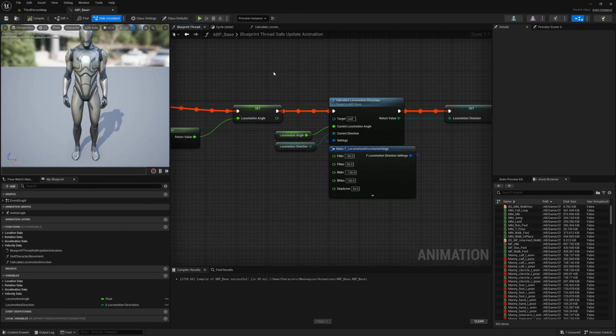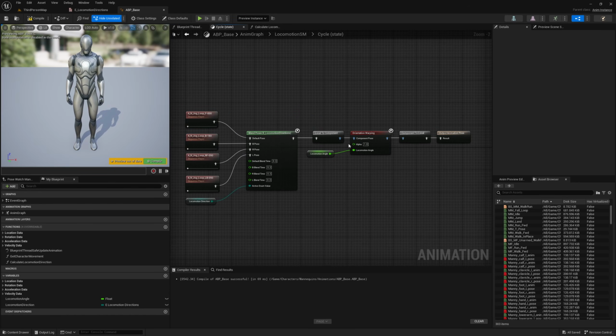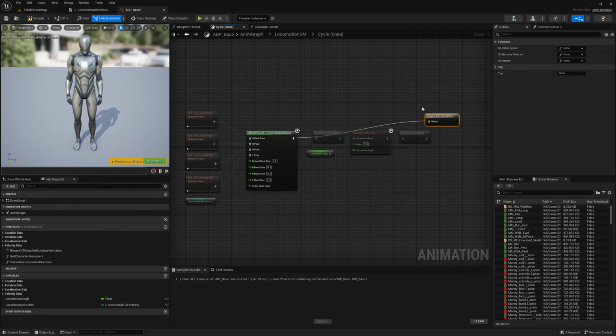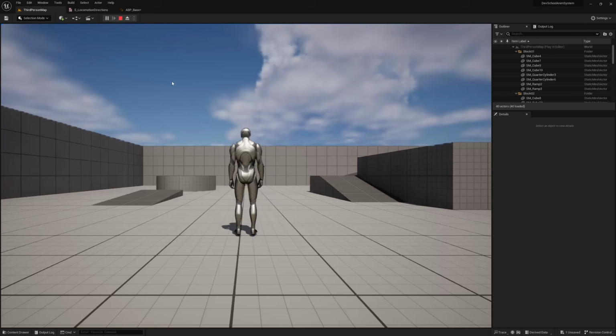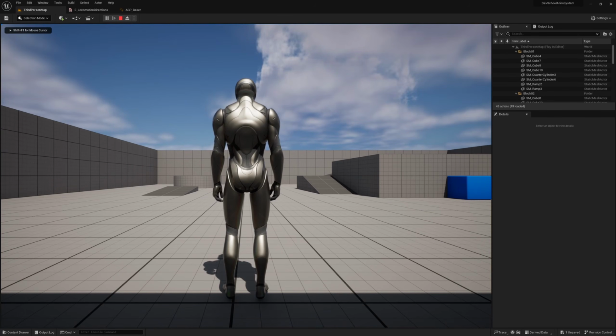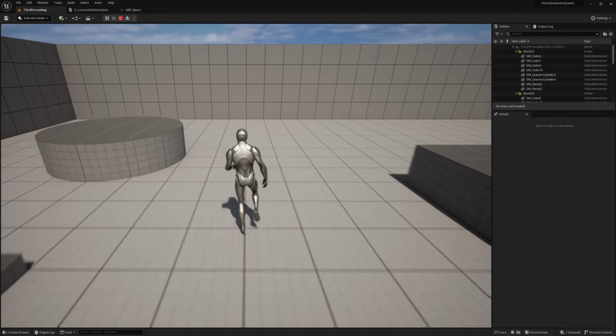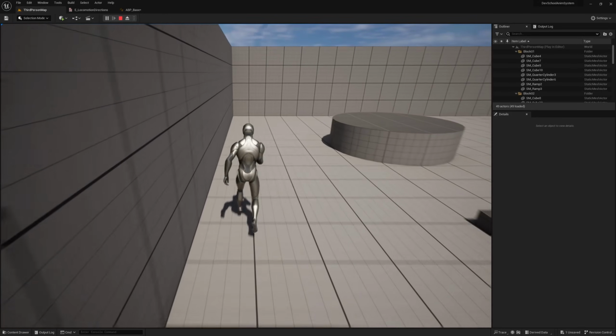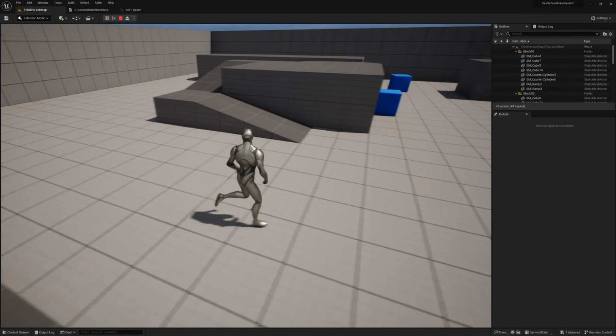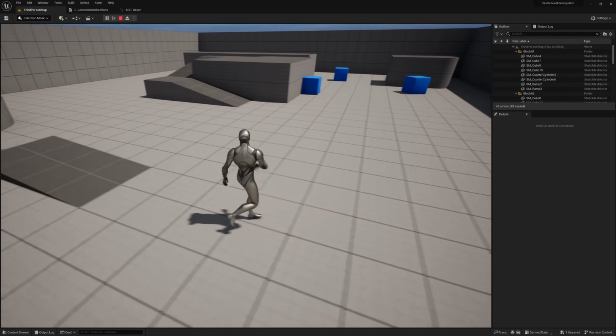Now I'll go ahead and go back into the cycle state and bypass our orientation warping so that we can see the animations that are being played. If I move backwards, we can play the backwards animation, play the forwards animation and moving forwards. We're moving left with left and right with right, so our directional logic is working properly, and we're switching between